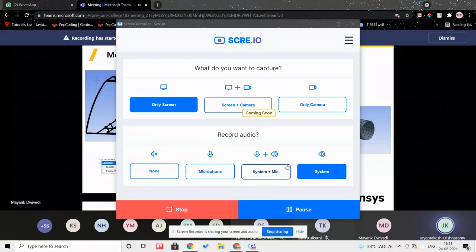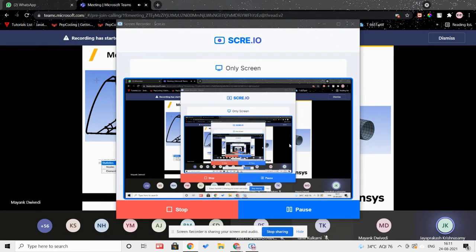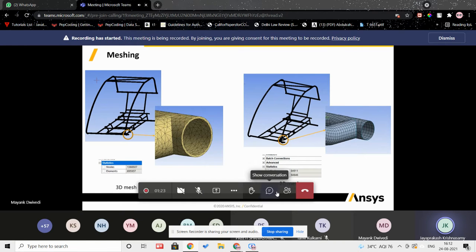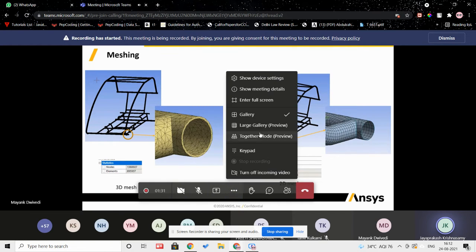The number of nodes or degrees of freedom will, of course, drastically increase your solution time with the 3D mesh. But the other important factor is how my results are. That is the major thing. I can go with the 2D mesh, but if my result quality is very low, then of course, even though it is computationally time consuming, I need to go with the 3D mesh. So it is just a comparison.